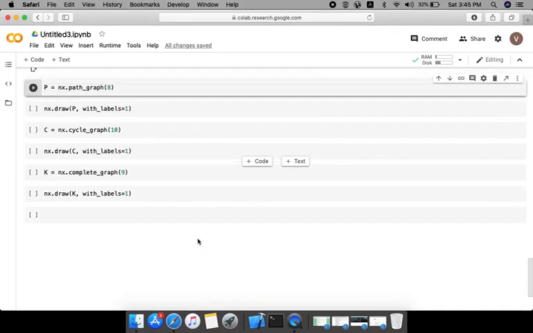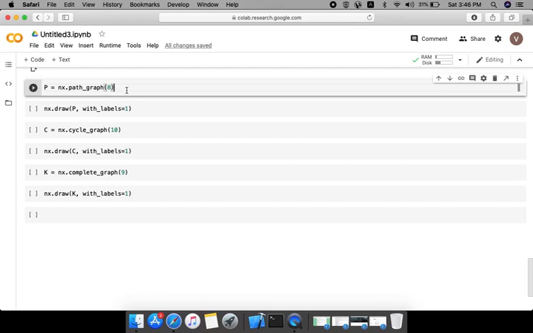Now when we are done with the normal graphs, we'll move on with the path graph. So here Python gives you the benefit that with a single command you can even create a path graph. So here I am creating a path graph P using the command P = nx.path_graph(8). This implies that P is the name of my graph, nx is again for the NetworkX library, and path_graph is the command for creating a path graph, and the 8 in the brackets implies that the path graph is being created with 8 nodes.